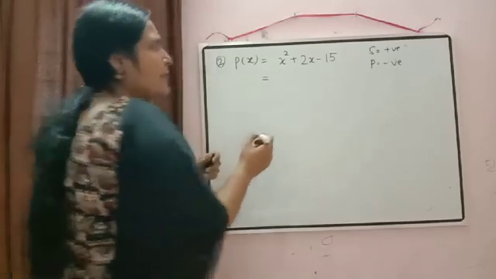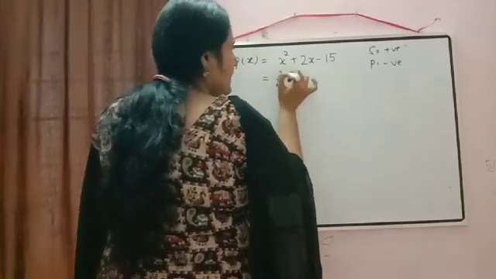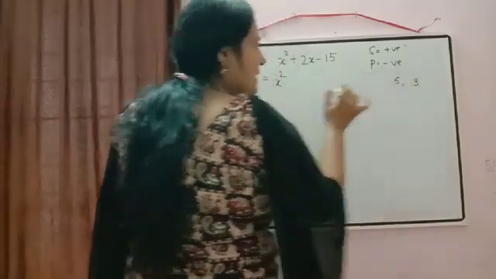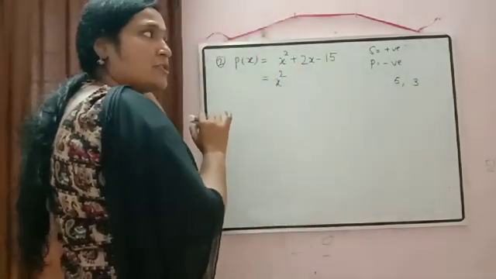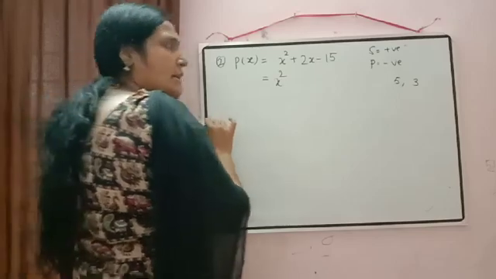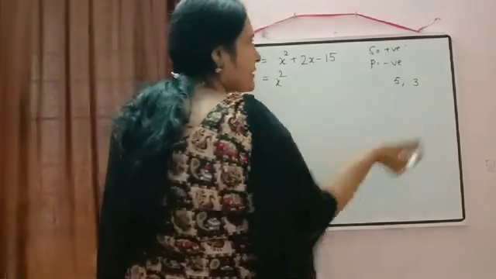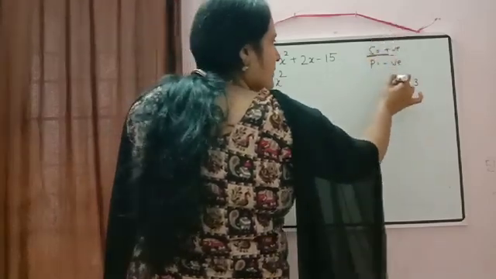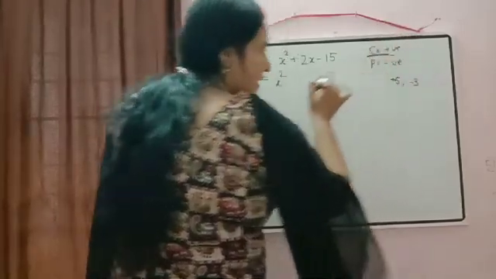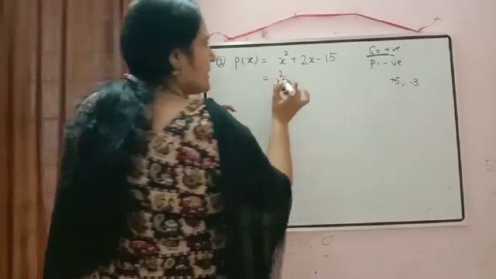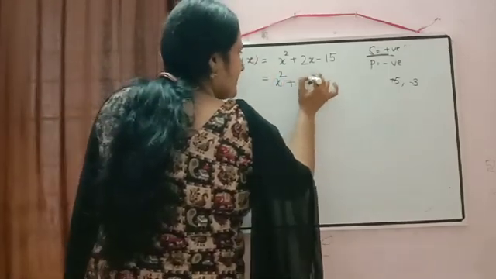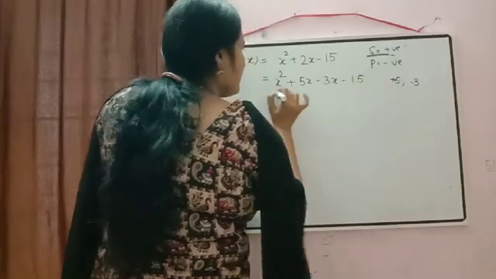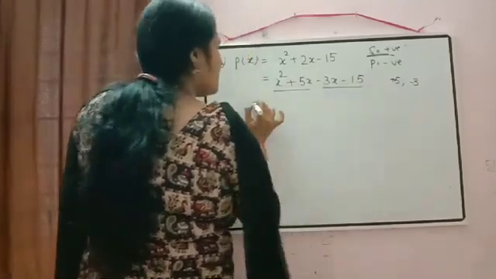So how will we rewrite that 2x? We got the numbers as 5 and 3. In that, one should be positive and one should be negative. So how will we check which one will be negative and which positive? For that you have to check the sum. Sum is positive means the greater number should be positive and the remaining is negative. So you just rewrite it in this way. 2x can be written as 5x minus 3x minus 15. Again take the common factor outside.